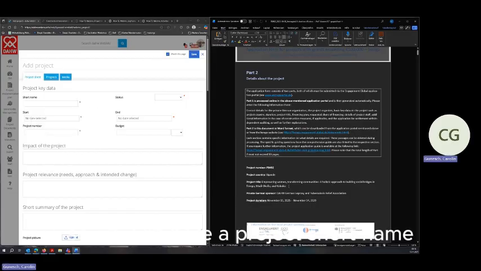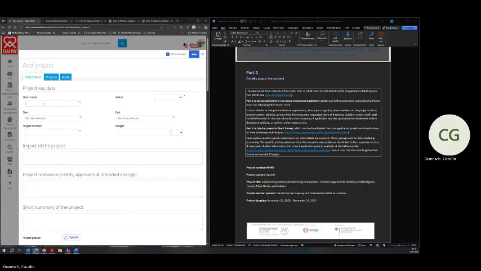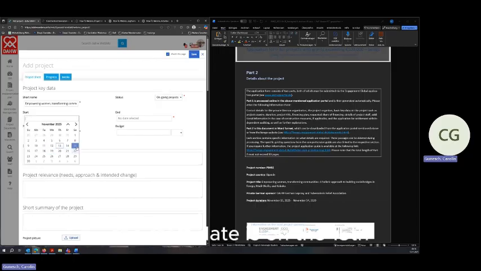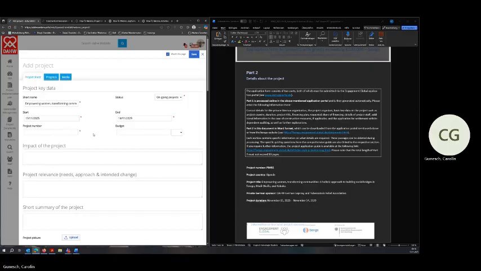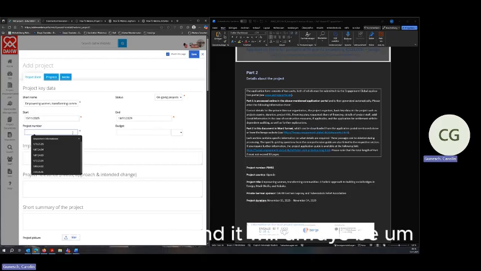We add here a project short name. Set it to, well, it starts in 2 days, I would say set it to ongoing. The start date is on the 15th, and the end date is on the 14th of November 2029. Project number is not yet given, but keep in mind it will always be a number from DAWI and